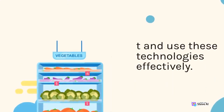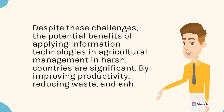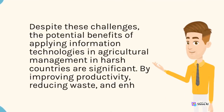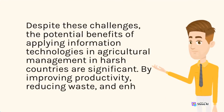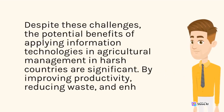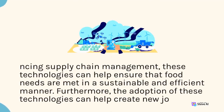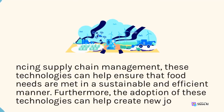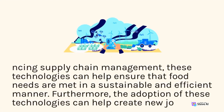and use these technologies effectively. Despite these challenges, the potential benefits of applying information technologies in agricultural management in harsh countries are significant. By improving productivity, reducing waste, and enhancing supply chain management, these technologies can help ensure that food needs are met in a sustainable and efficient manner. Furthermore, the adoption of these technologies can help create new jobs